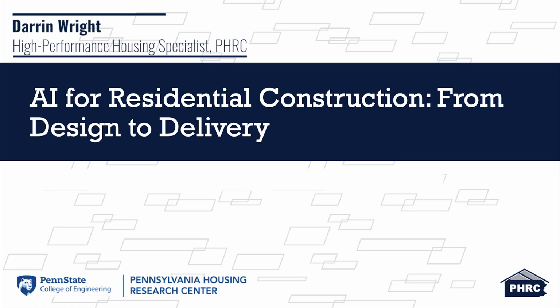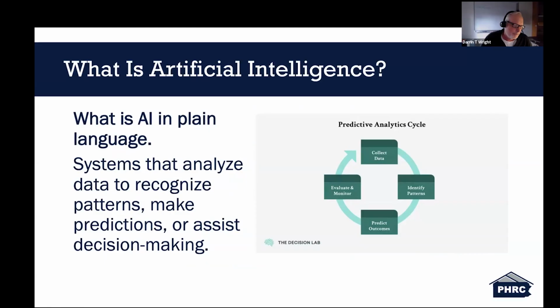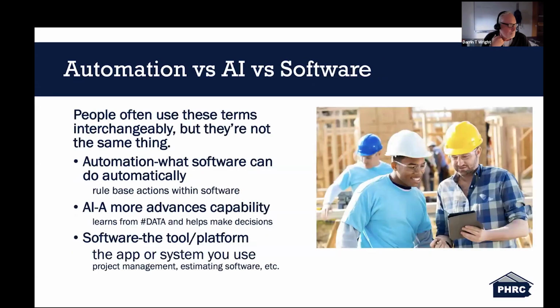This one is on artificial intelligence and how it's interacting within the construction field. Some people might be really familiar with artificial intelligence and how it works and are using it now. So some of this information might be basic for you, but I wanted to go over initially what it is and how we interact with it, as well as how it fits in with the design process and the construction process in general.